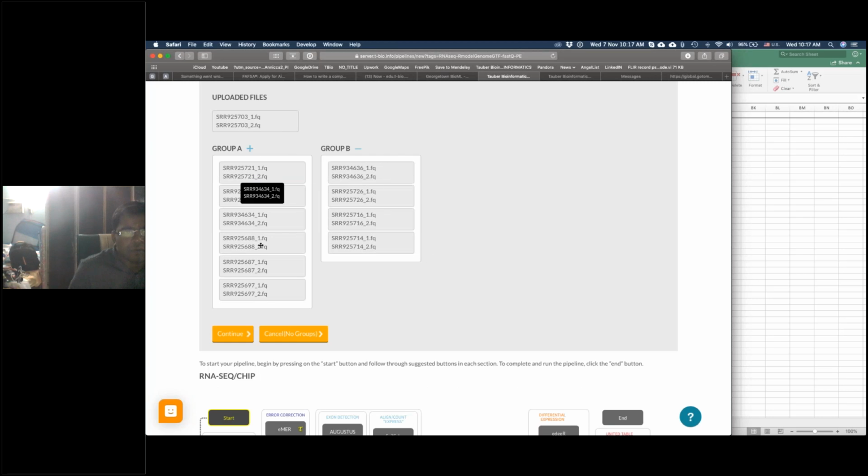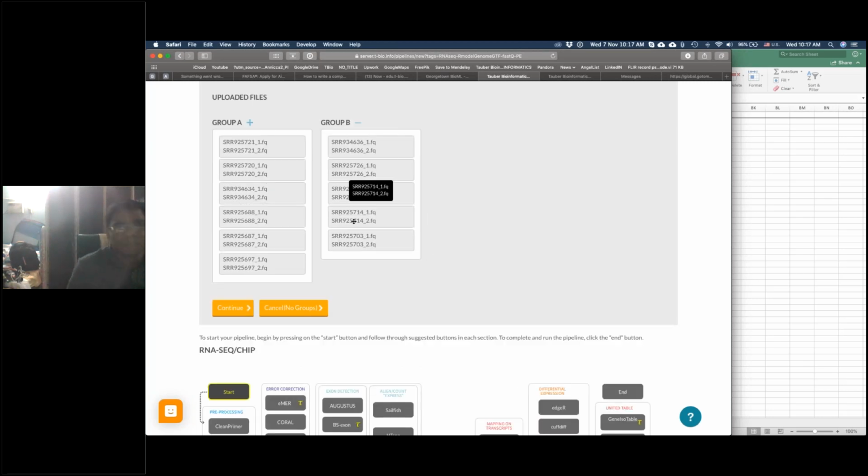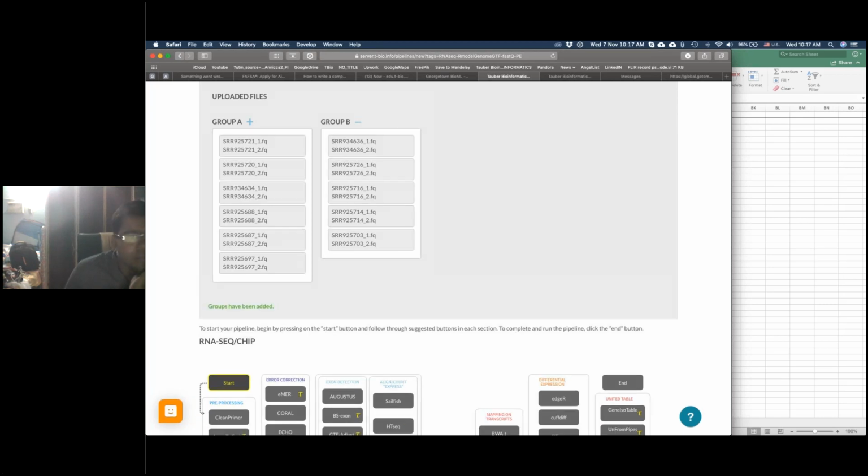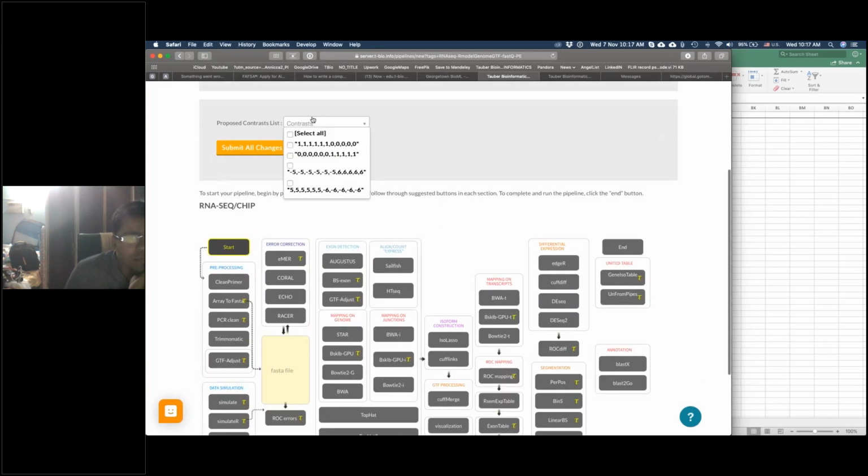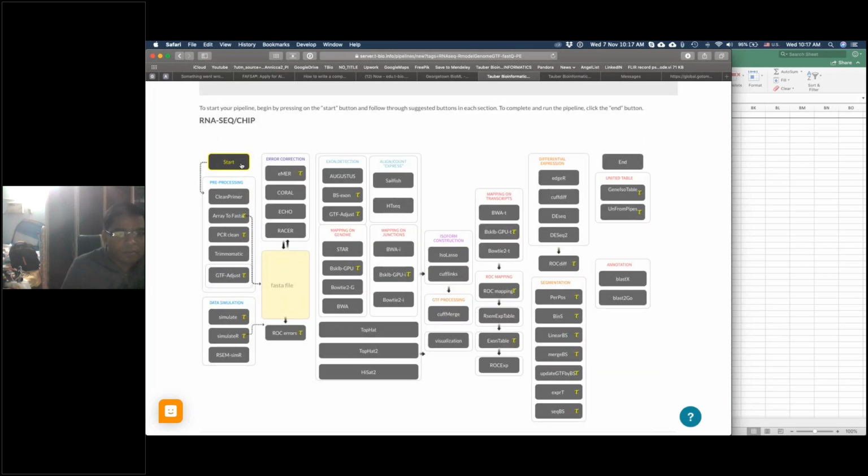So by placing normal-like in group A and claudin-low in group B, I have to remember this because later on I will be looking at those p-values and log-fold change, and I need to understand what is being compared to what. Now I press continue, and now for contrasts, I can just do select all, submit all changes,